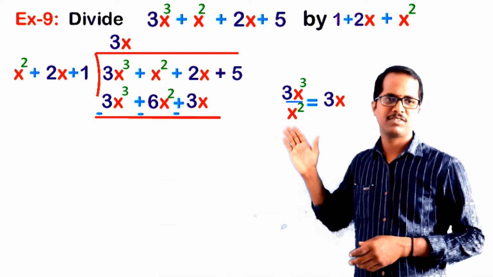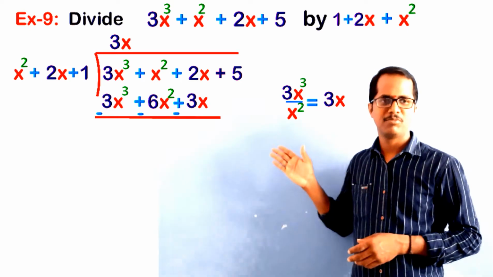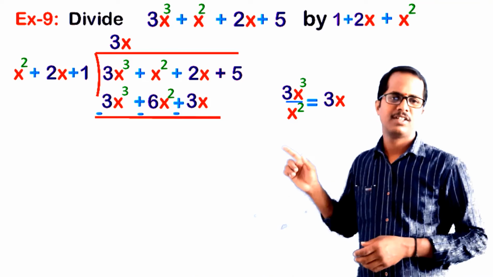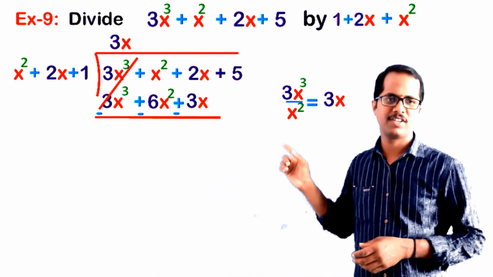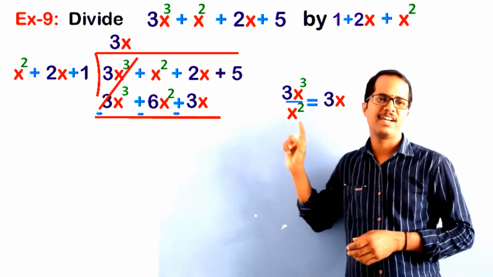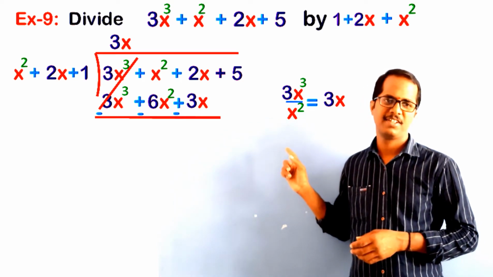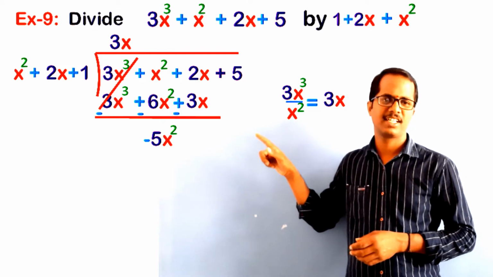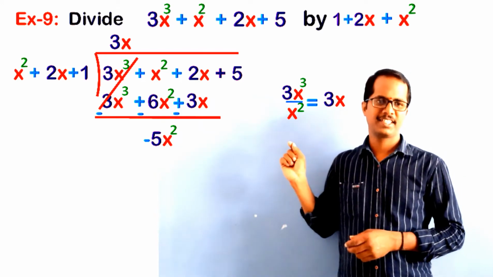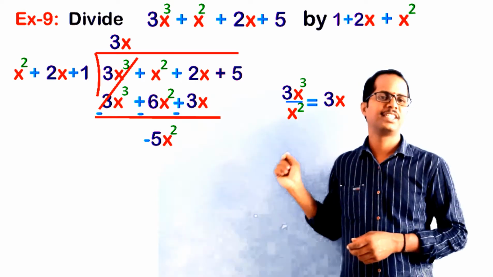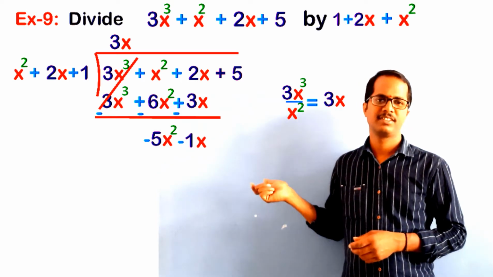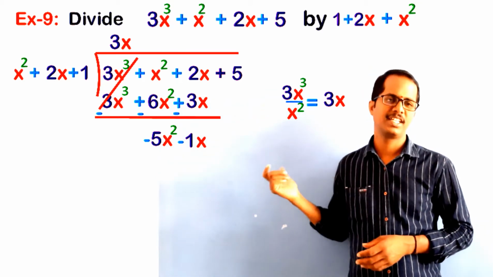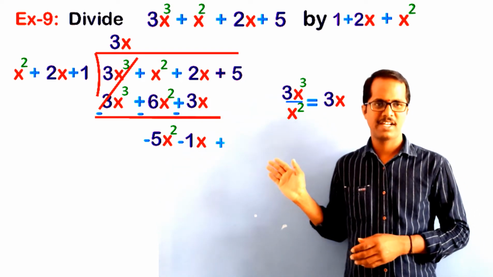So now if you observe in the first column, both terms are equal with different signs. So by simplifying them, we get 0. And if you observe in the next column, we have plus x square and minus 6x square. So by simplifying these two, we get minus 5x square as the result. And in the third column, we have plus 2x minus 3x, whose result is minus x. Now let us bring down the last term, that is 5, to the next step. Now we get minus 5x square minus x plus 5.